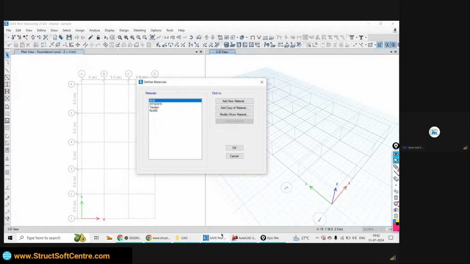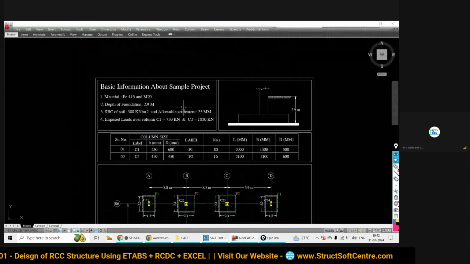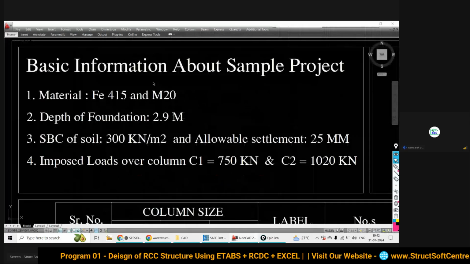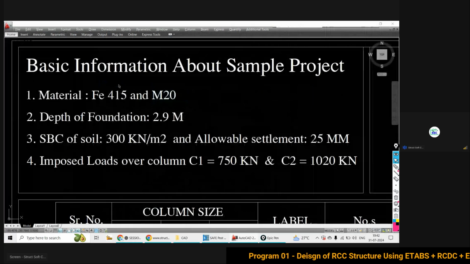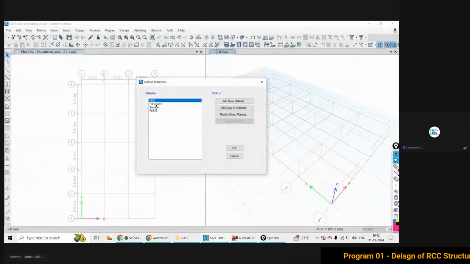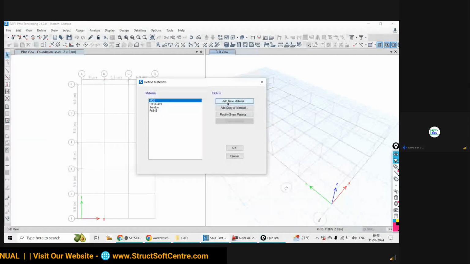As per our problem statement, we should use M20 grade of concrete and Fe415 grade of steel. That I want to define here. Two options are there: either you can edit the existing material property or you can add a new property. Firstly I would like to show you how you can add a new property.